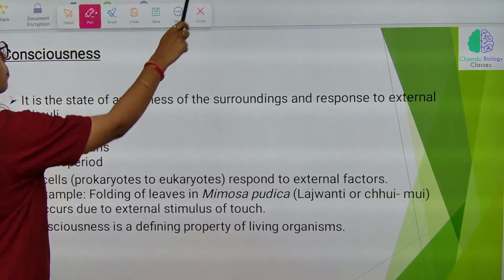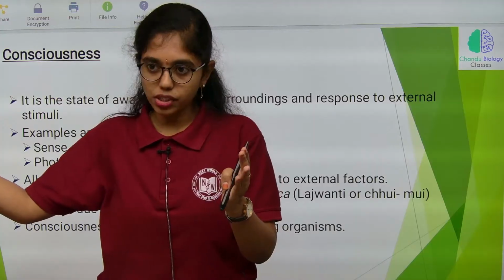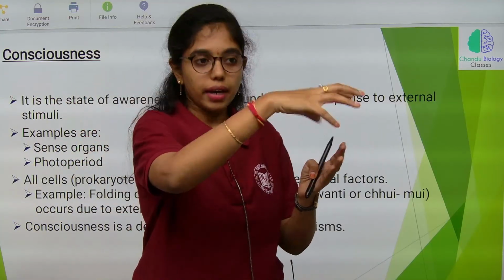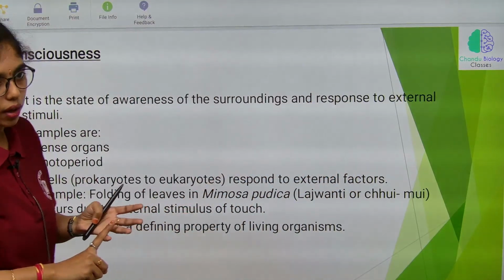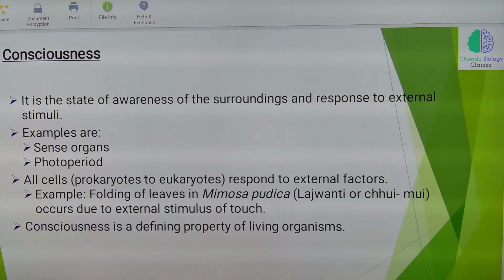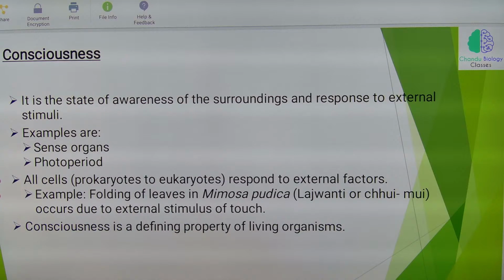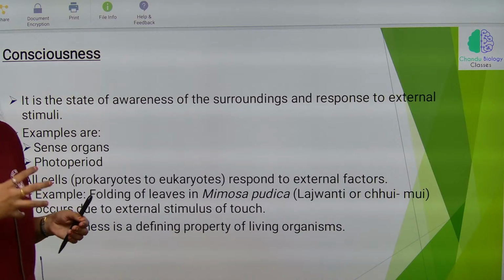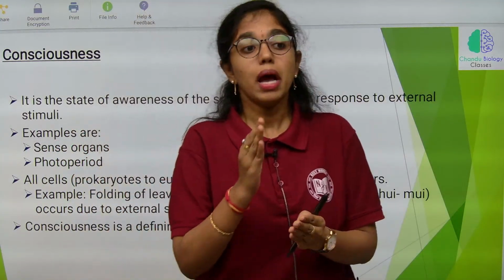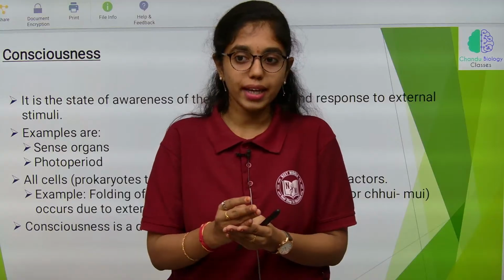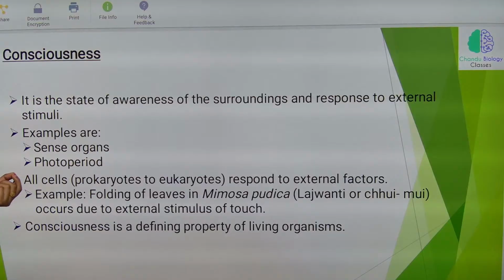Let us look into bacterial taxis, wherein bacteria will move away from danger sites and go close to environments which are favorable for them. That is for unicellular organisms. And for multicellular organisms like plants, photoperiodism is one of the best examples, wherein plants flower, and there are seasonal breeders in animals. Plant flowering is photoperiodism. Based on that we have long day plants, short day plants, and day neutral plants. This is all a response to external stimuli.